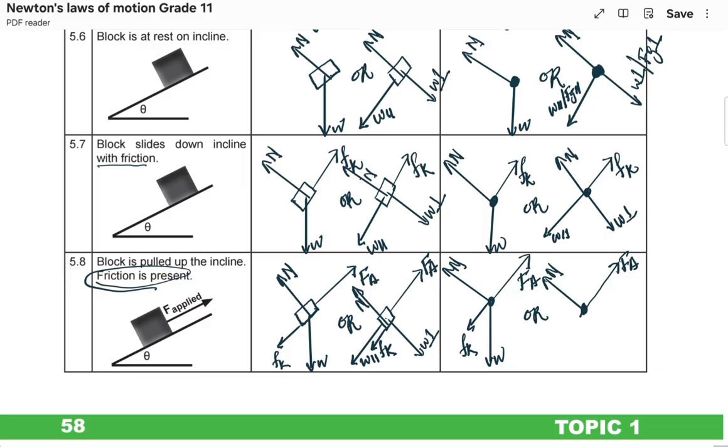Now it's a friction. Then we also have weight parallel and weight perpendicular. Okay,